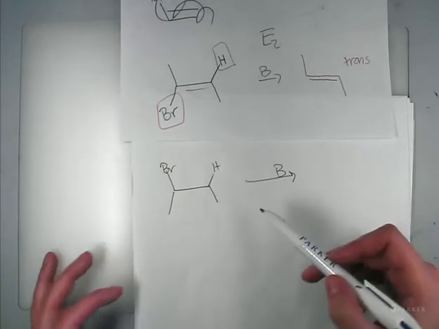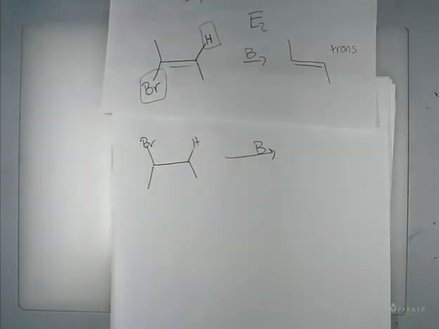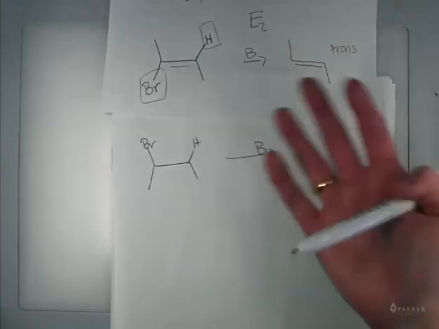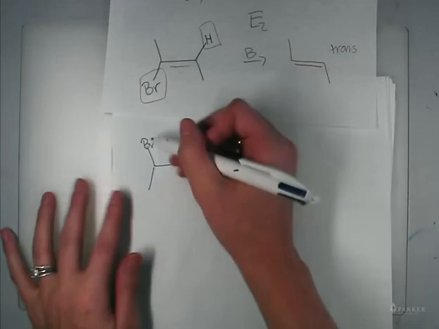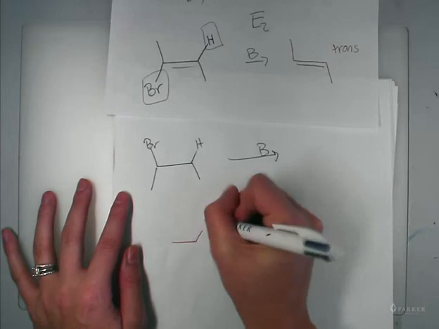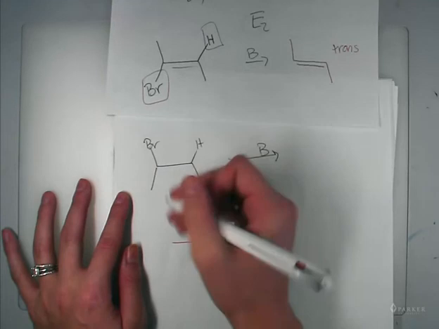Now let's look at this one. My hydrogen and my bromine, are they 180 degrees apart? No, they're not. So I need to rotate one of them, right? Because when we're single bonds, we can rotate. That's how we did the Newman projections. Okay, so let's say we rotate this side right here. It doesn't actually matter which side you rotate, but just one of them. So what direction do I want my bromine to be? Down,